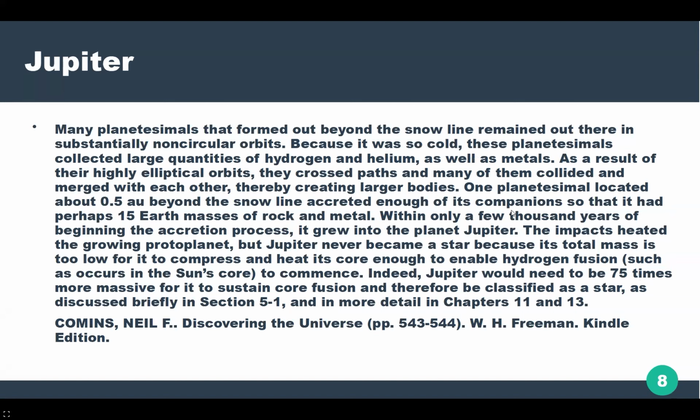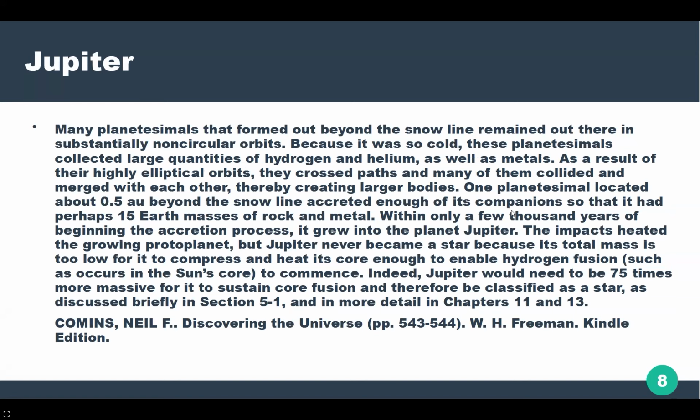One planetesimal located about 0.5 AU beyond the snow line accreted enough of its companions so that it had perhaps 15 Earth masses of rock and metal. Within only a few thousand years of the beginning of the accretion process, it grew into the planet Jupiter. The impacts heated the growing protoplanet, but Jupiter never became a star because its total mass is too low for it to compress and heat its core enough to enable hydrogen fusion to commence. Indeed, Jupiter would need to be about 75 times more massive